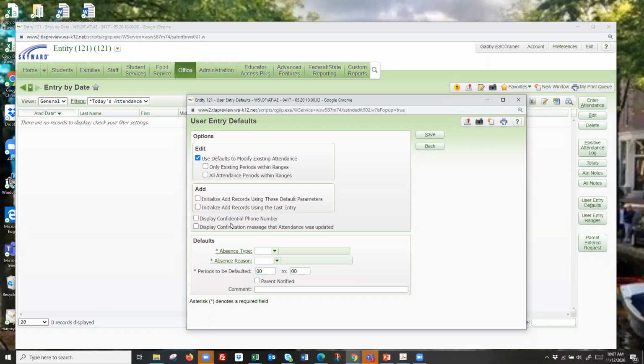On the screen, do you want to display the confidential phone number? Do you want a message that attendance was updated? You have to click OK to get out of it, but totally up to you. Okay, so my example is we're doing a tardy, T for tardy, and the reason is, I don't know, I guess I'm going to have,